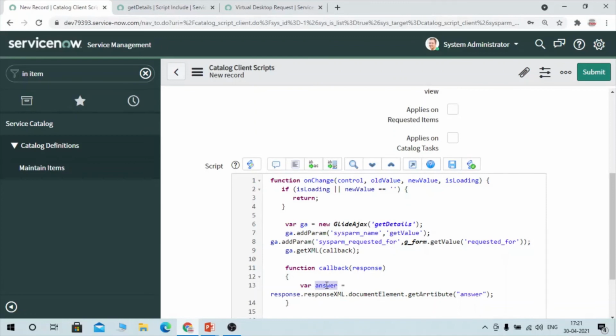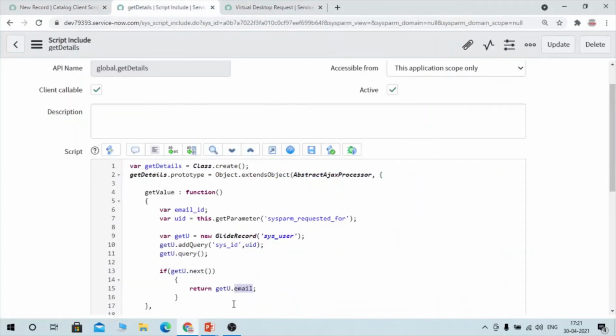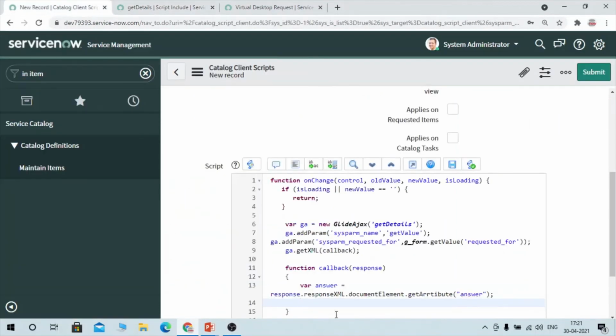Now what you have to do is set the value. We have received the value from the script include, and that is bound with answer. Whatever we are returning from here will be bound with answer, so our answer gives the value which we have returned from script include.